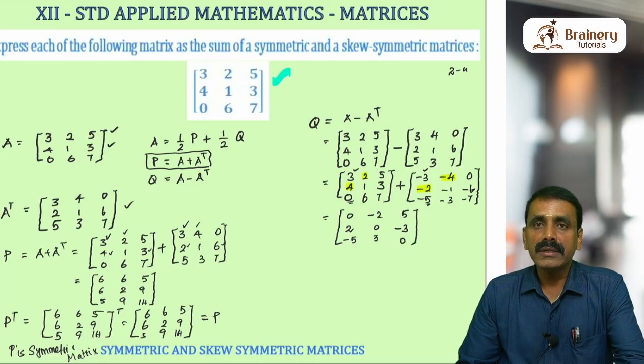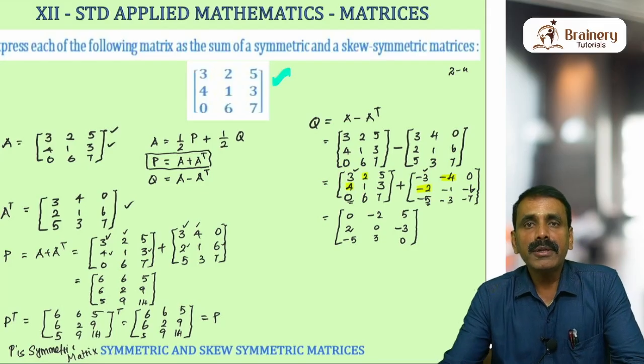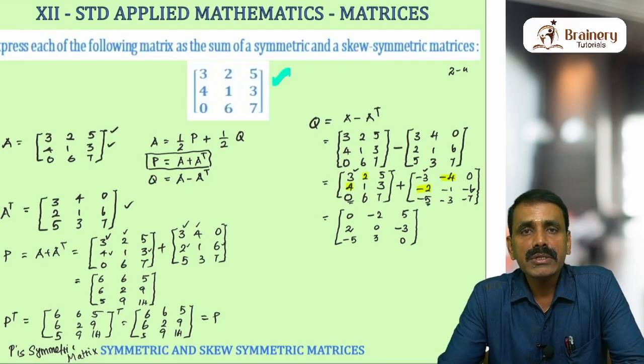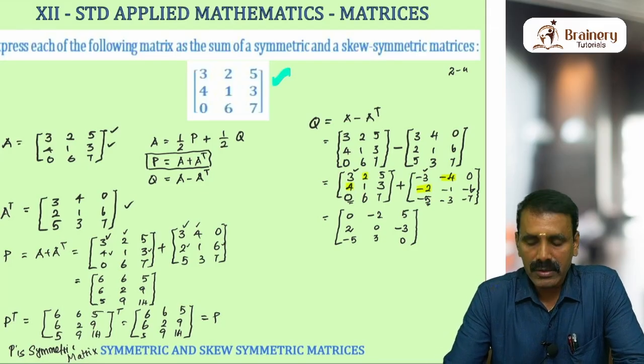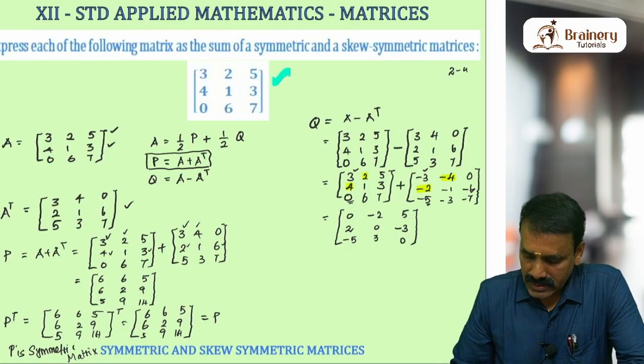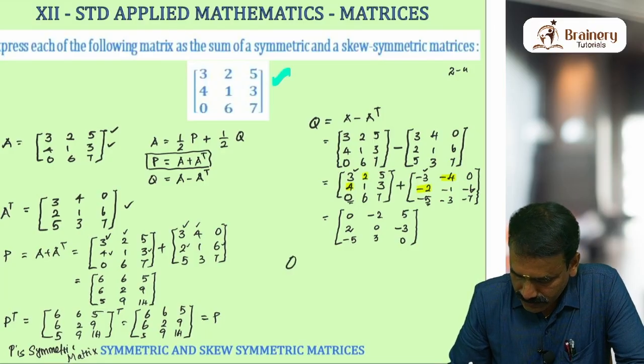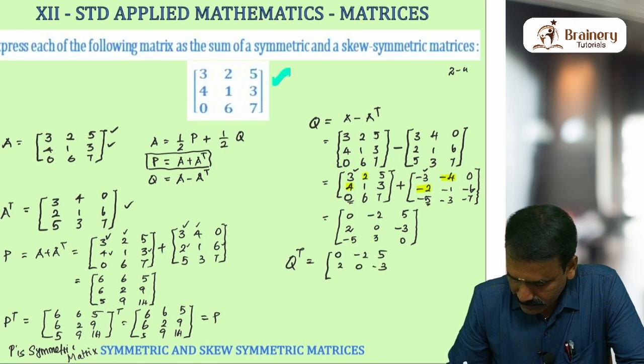Clearly you can see that A minus A transpose is skew symmetric, we have already proved it. But we have to prove here also. It is going to be skew symmetric. So I try to find Q transpose. 0 minus 2, 5. 2, 0 minus 3. Minus 5, 3, 0. Transpose, which is equal to